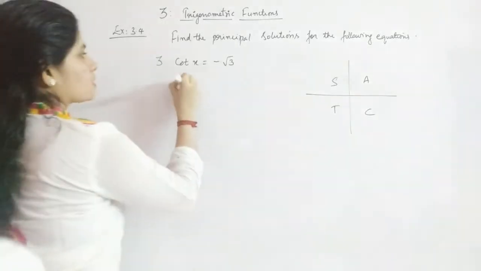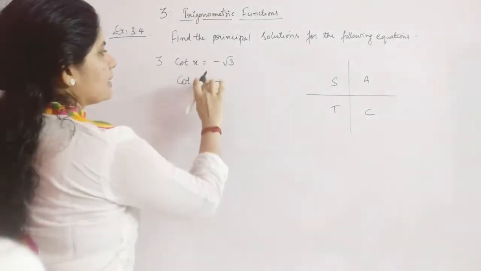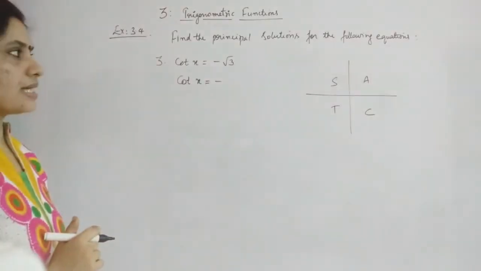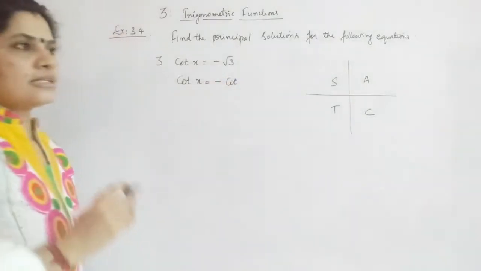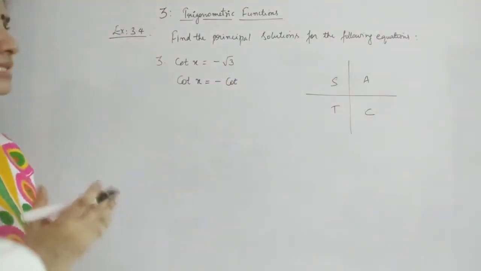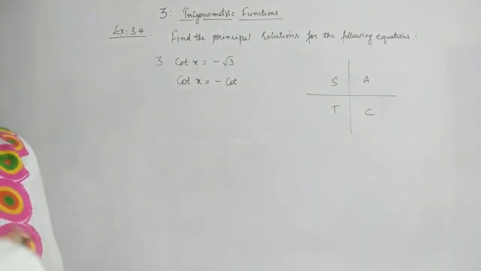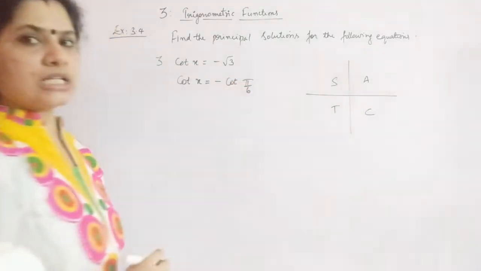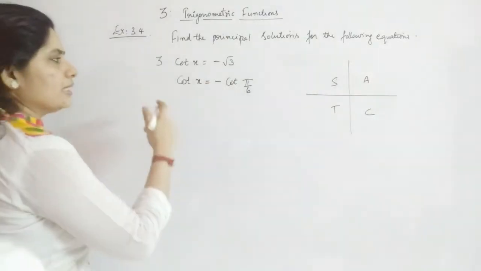So we start with cot x equal to minus, let the minus be there, and then we find for which value you will get root 3 as the answer. That is cot of which angle? For tan you have pi by 6 giving 1 by root 3, so you will have cot as root 3, right? So you can write minus cot pi by 6. Understood? For tan you see and then take the reciprocal of that. The same angle will be there.